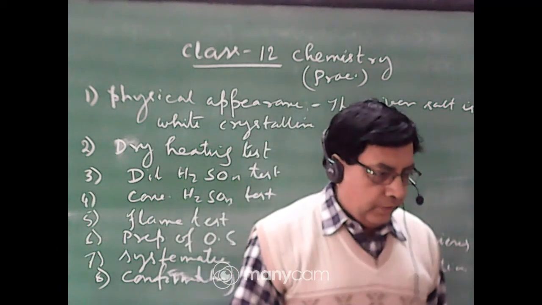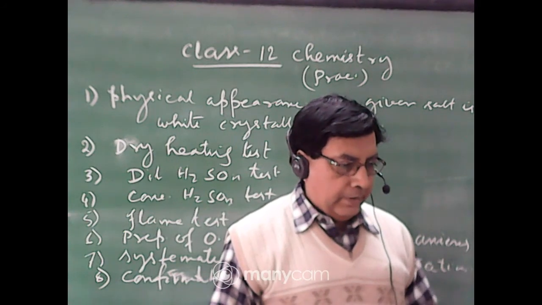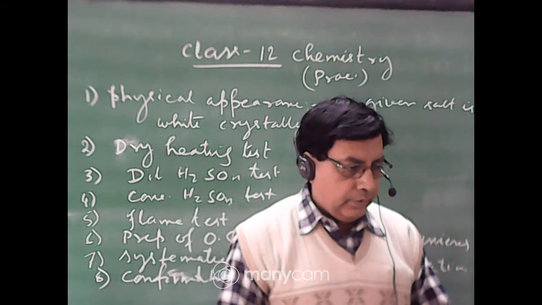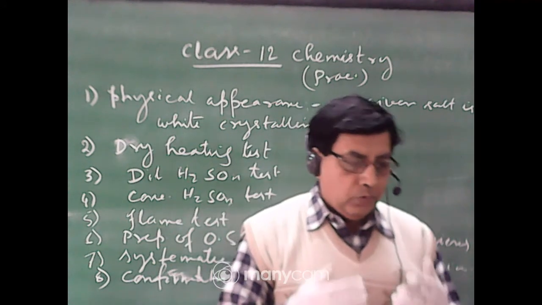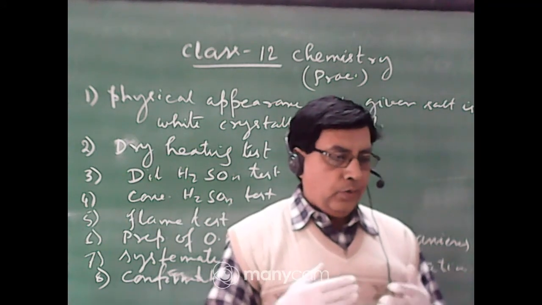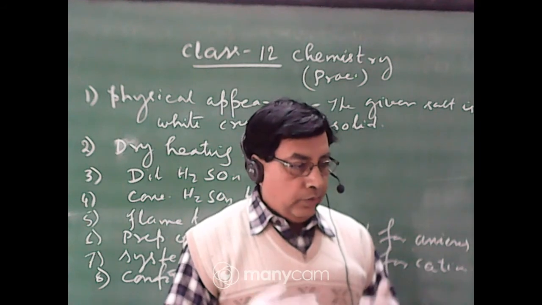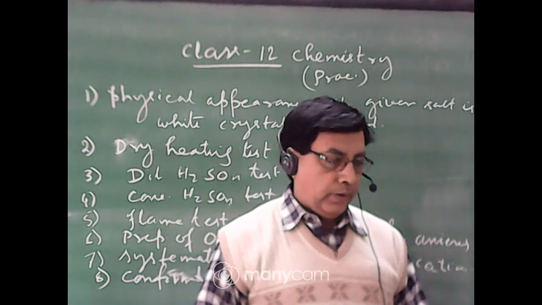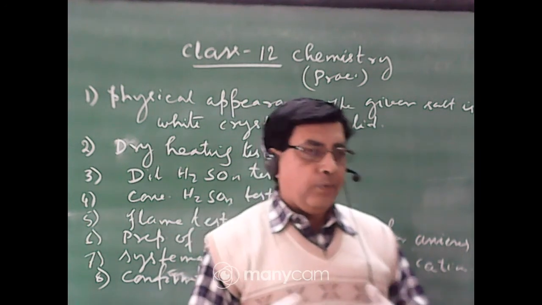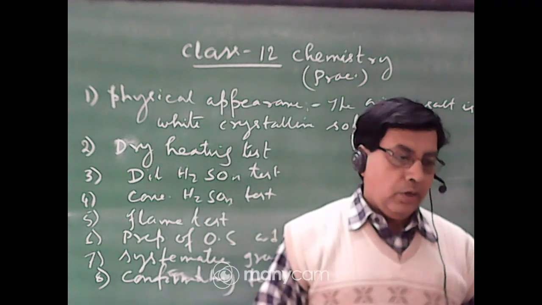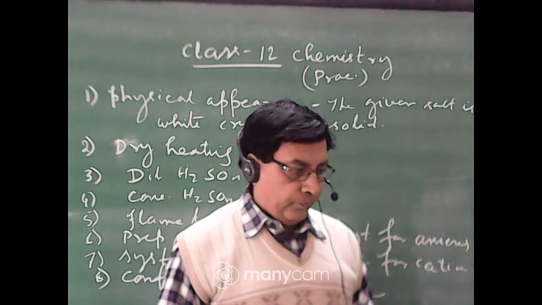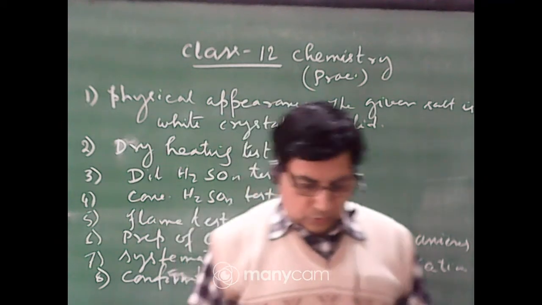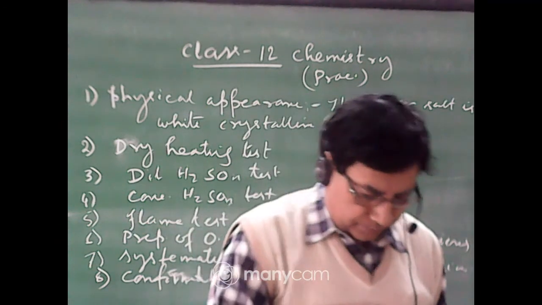Hello student, any problem? You have understood this, how to write this and how to perform. When you perform in the lab, you only do the wet test for anion and wet test for cation. But when you write in the systematic way, what you perform does not depend on the marks. What you write in the answer script determines your marks. So now the next, second solve.